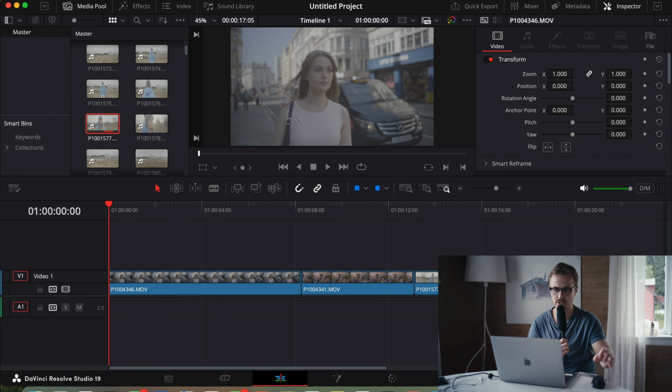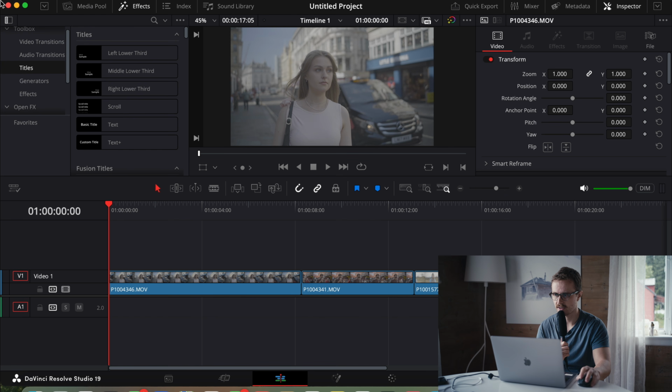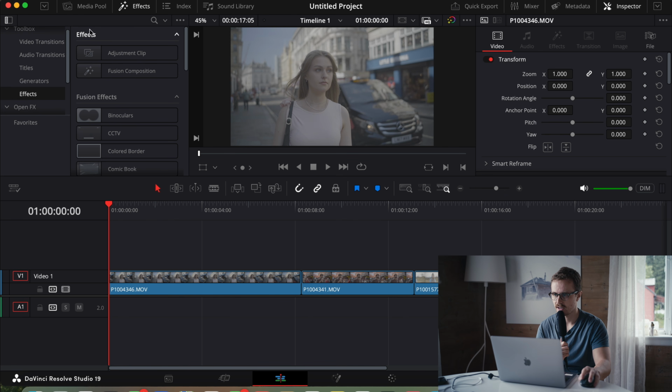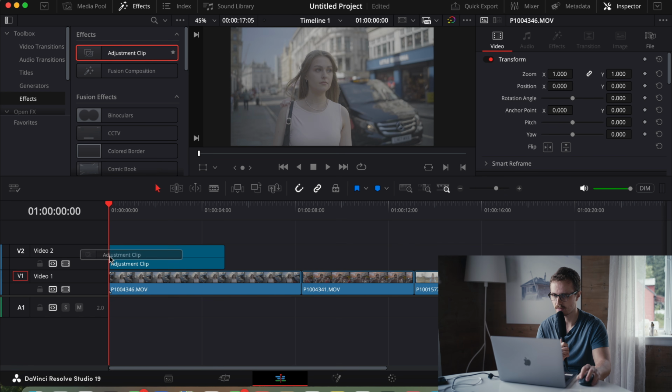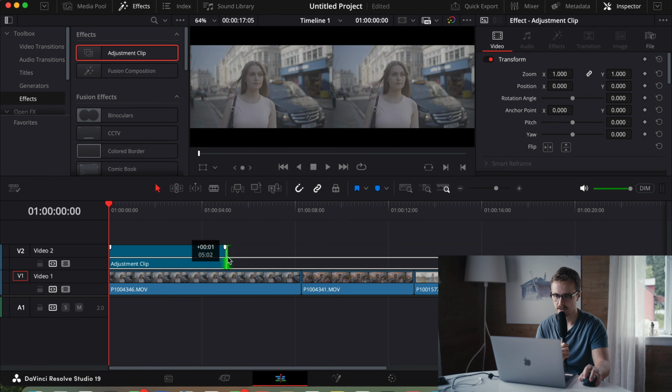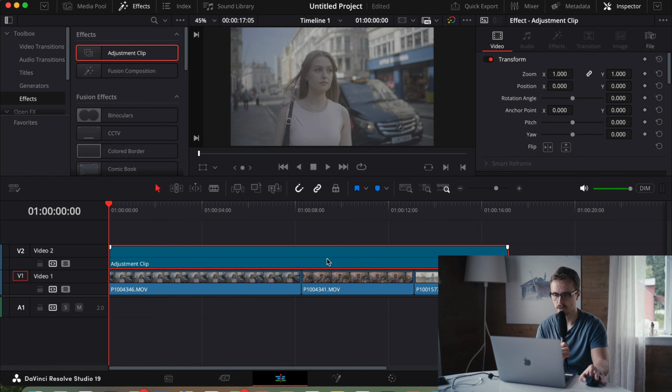I'll be specifically showing you how I color grade Vlog. So let's get into DaVinci Resolve. The first thing I do is go to Effects, then Toolbox Effects, and I make an adjustment clip. This adjustment clip I put over the whole timeline, over the footage. And this adjustment clip will be my total look,